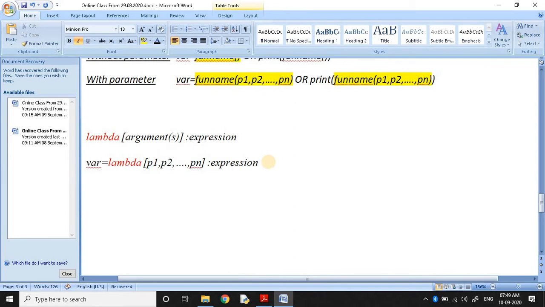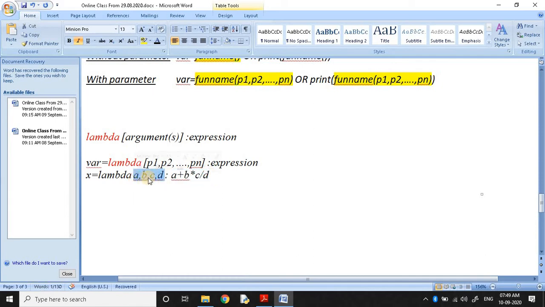For example, we can define x is equal to lambda of a comma b comma c comma d, colon, a plus b into c divided by d. This expression performs operations based on these arguments.